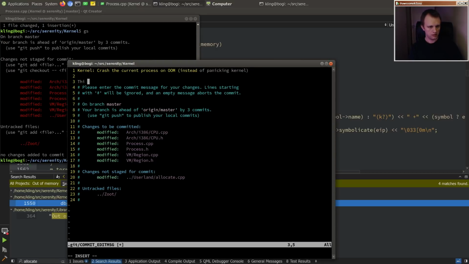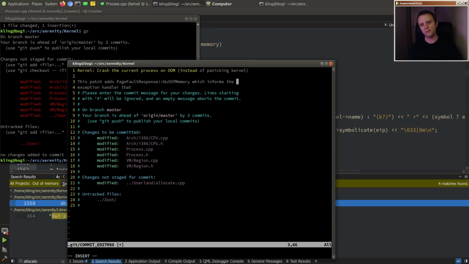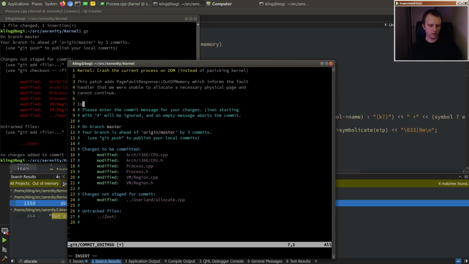Now this patch adds a page fault response, out of memory, which informs the fault handler that we were unable to allocate a necessary physical page and cannot continue. In response to this,